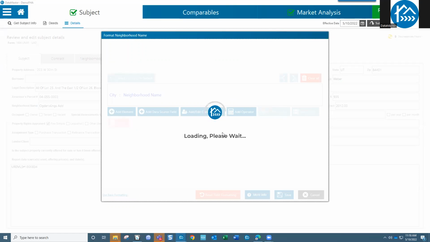And then we'll reformat this the way that I like it to be. And as we're doing that, you'll get to see some of the flexibility of the customization and the dynamic, the